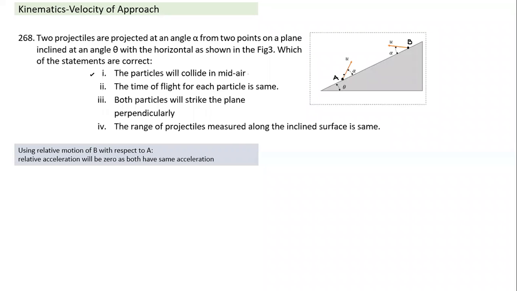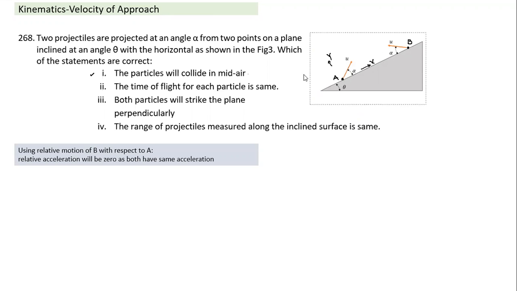This is a projectile, you are sitting in the projectile, and you yourself align it, you take this as the x-axis and you take this as the y-axis. So how would motion of B appear to you? When I notice here, both of them have exactly the same motion in y direction, because both of them have equal uy, and they have equal acceleration which anyway cancels out. So the y coordinates will always be equal.